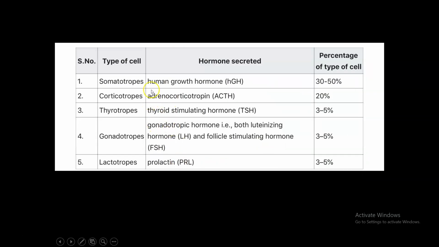So these are the hormones secreted by the pituitary and their control. The somatotropes, controlled by the factor secreted from the hypothalamus, control the human growth hormone, and these cells constitute 30 to 50% of the pituitary. They are growth hormone secreting cells. And the corticotropes, from the hypothalamus, the corticotropin releasing factor,